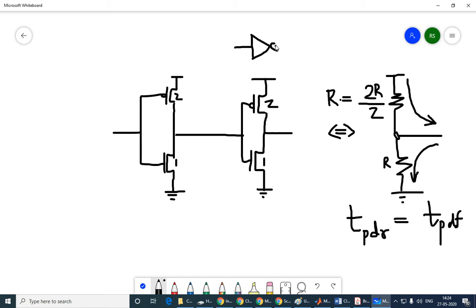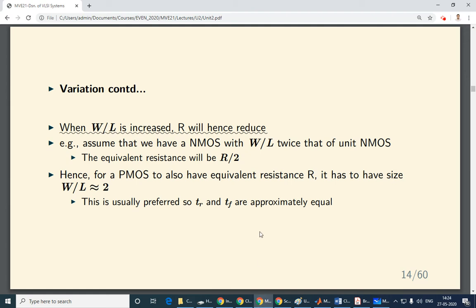So we can also write it like size 1. Size 1 doesn't mean the NMOS and PMOS are both 1. It means that NMOS is 1, PMOS is 2, but this is a unit inverter. Anything will be a multiple of this particular inverter. This is another important thing that we have to remember, and this is why the unit inverter ratio will be followed everywhere.